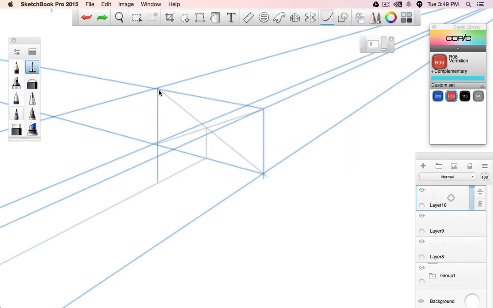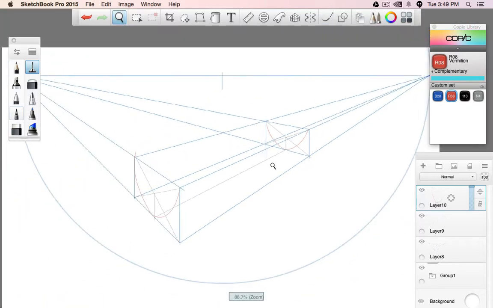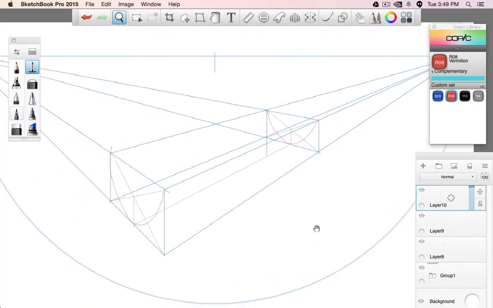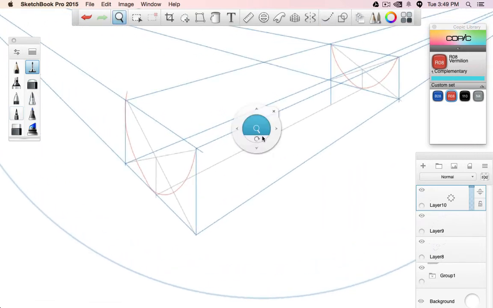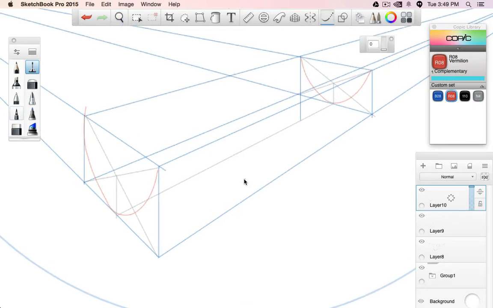There. Okay. It's kind of difficult to draw when where you're drawing is hidden by your pen. Okay. So I could now actually connect